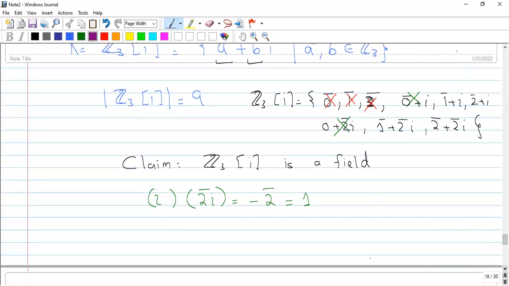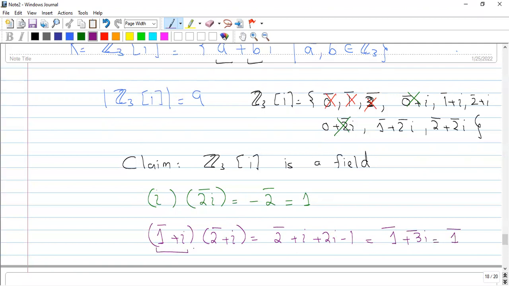ओके, नेक्स्ट को चेक कर लेते हैं। अब मेरे पास क्या है? 1 plus आयोटा। So if you multiply 1 plus आयोटा, let's say, with 2 plus आयोटा: 1 को 2 से करें तो 2 होगा, देन यहाँ पे मल्टीप्लाई करें तो आयोटा आएगा। इसको इससे मल्टीप्लाई करें तो 2 आयोटा आएगा, एंड देन आयोटा को आयोटा से करें तो -1 आएगा। सो ये आ जाएगा 1 plus 3 आयोटा, और 3 आयोटा 0 के बराबर होता है, तो ये 1 के बराबर आ गया। तो इसका मतलब 1 plus आयोटा का इनवर्स 2 plus आयोटा होता है।